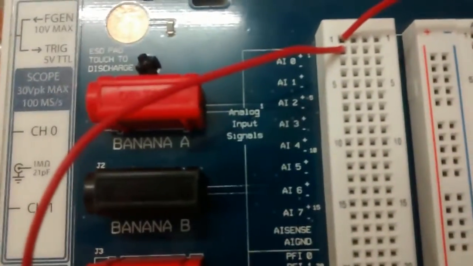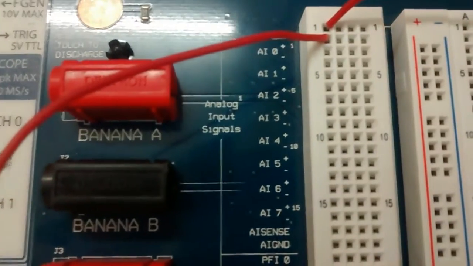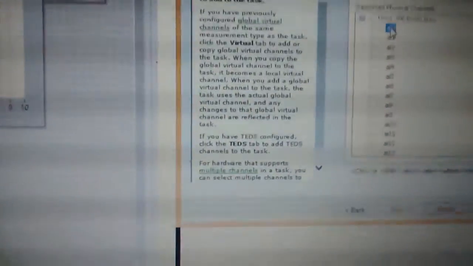This DAQ is used to acquire signal. Analog input, voltage. Here in this case my analog output is AI0. Here the AI0 port is there. Select that one. Finish.